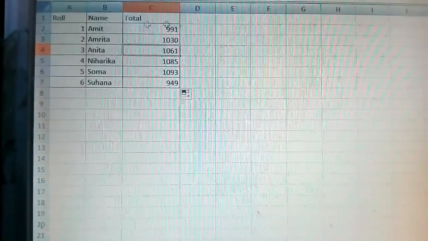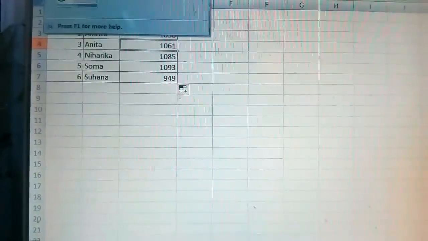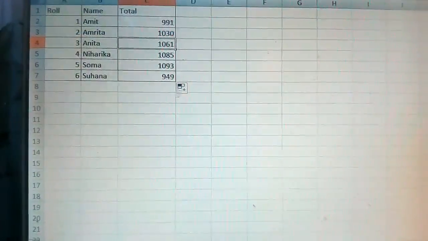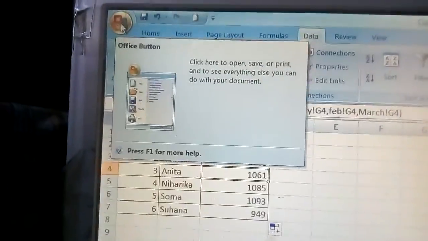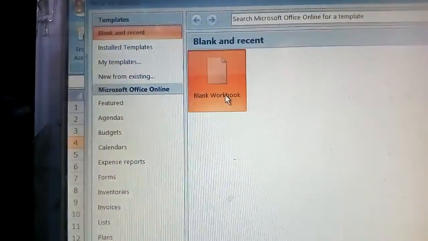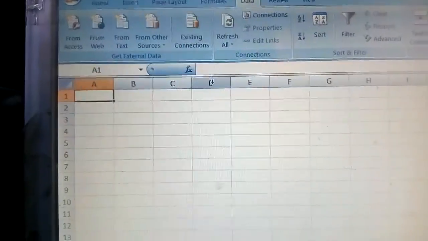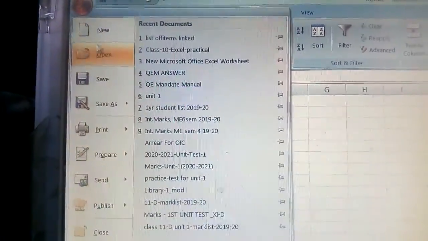So for that, this workbook should open. You have to open a new workbook. So for that you first have to create a new workbook. So go to this office button and then click on new blank workbook. Okay, so save it by any name.